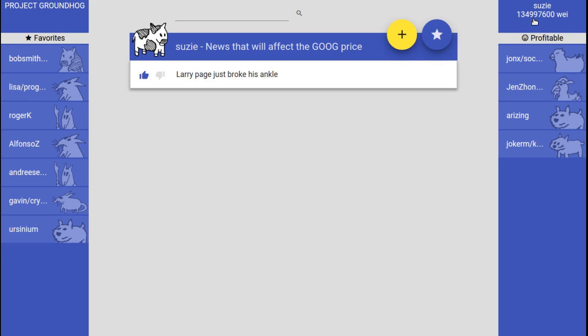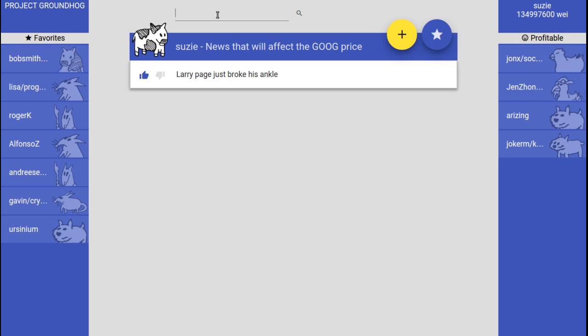I should point out, by the way, that these funds are managed by a smart contract. So programmers are going to be able to audit these open source contracts, and they will be able to verify that there's no way the developers of Project Groundhog can access that money. So it's safely stored in a way that the only person who can access it is the user who deposited that money, or, if they are posting to walls and using the services of Project Groundhog, it will get moved to other users. But as I said, 100% of the funds get moved to other users. None of it goes to a third party.